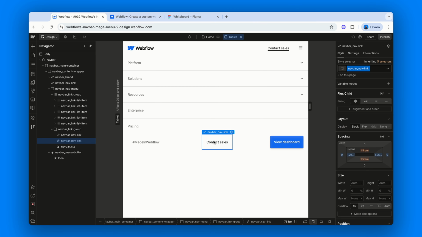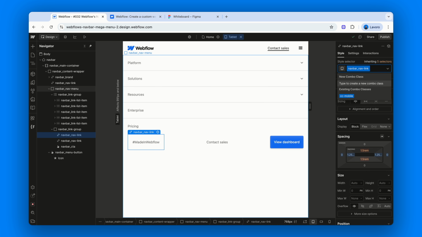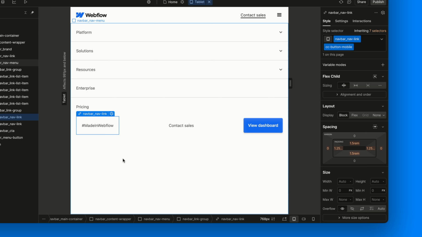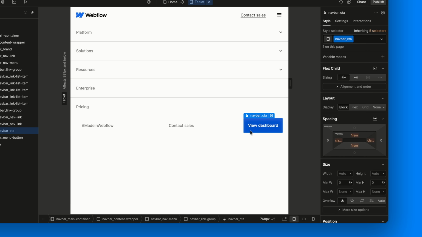Now, the first 2 links on the left might still look a bit off, but that's just because they have internal padding and don't look like a button yet. So let's fix that. Select the first Navbar nav link in this group, add a combo class called cc-button-mobile to give it a button-like appearance only on mobile breakpoints, and let's reuse some of the styles from the